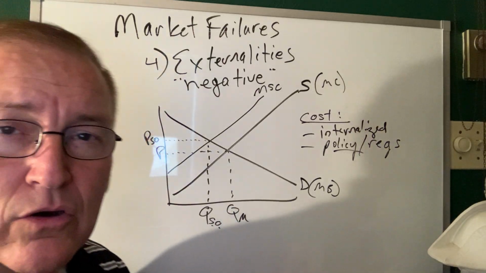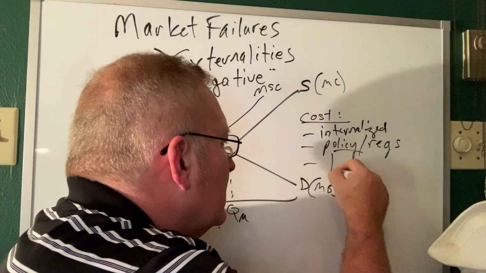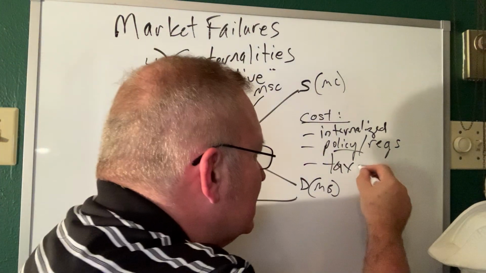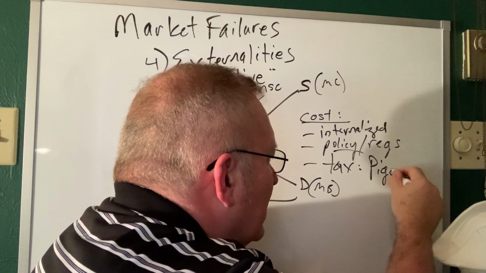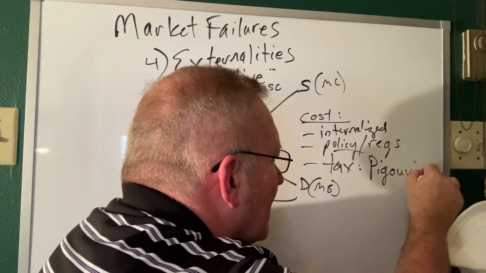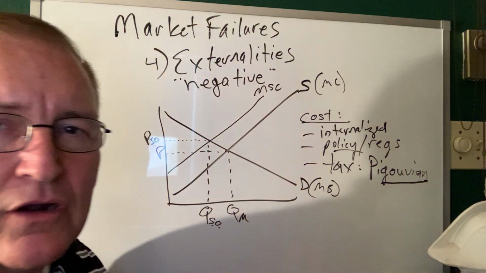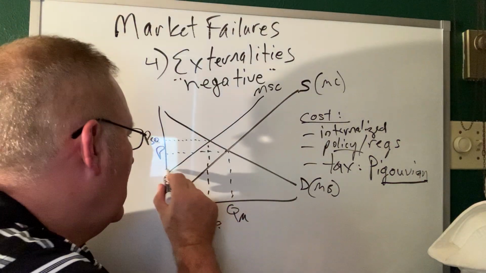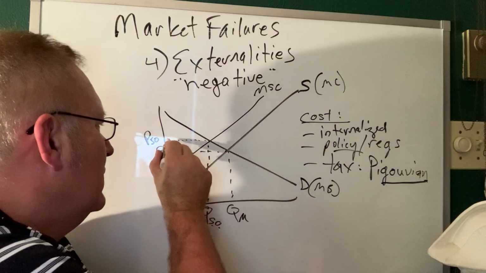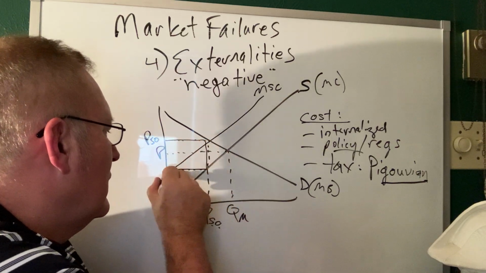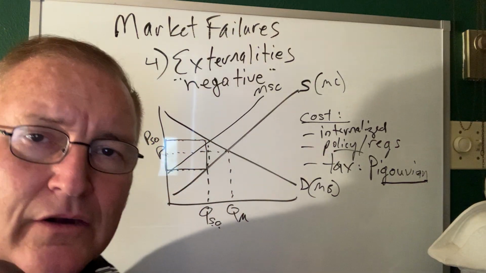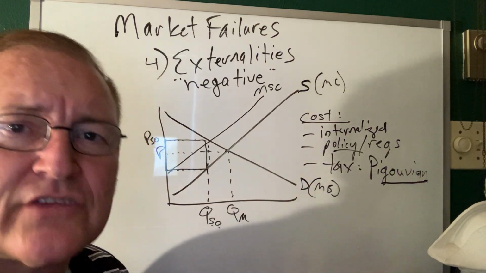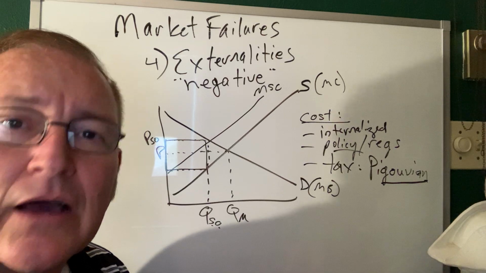The other way, though, is the government can institute a tax, and this is a special tax. It's called a Pigovian tax, named after Pigou, an economist. And what he said was this tax right here is charged, and then proceeds or revenue from the tax go to addressing or cleaning up the